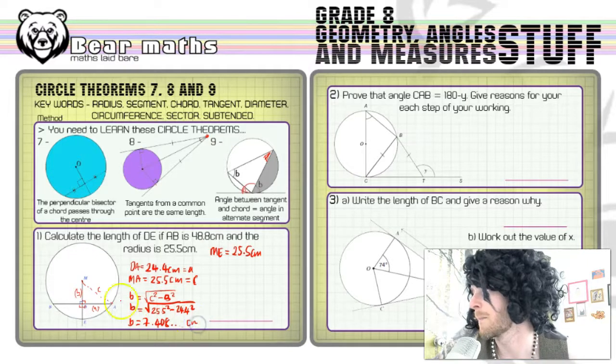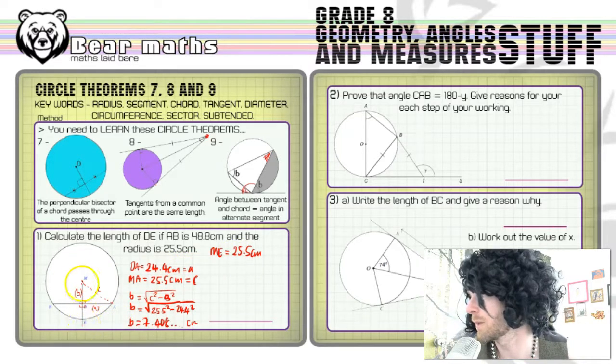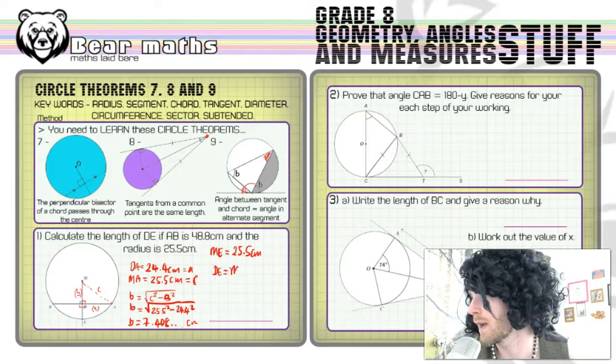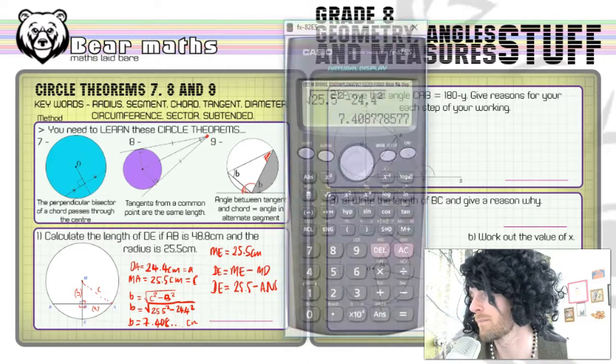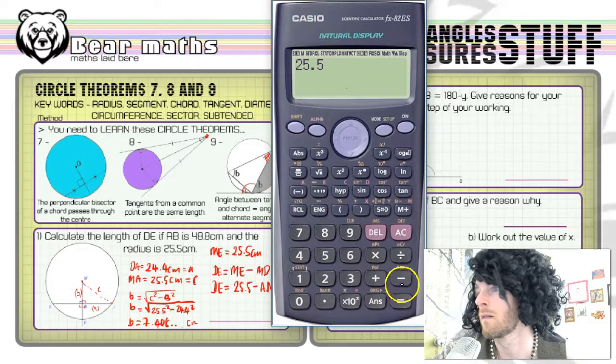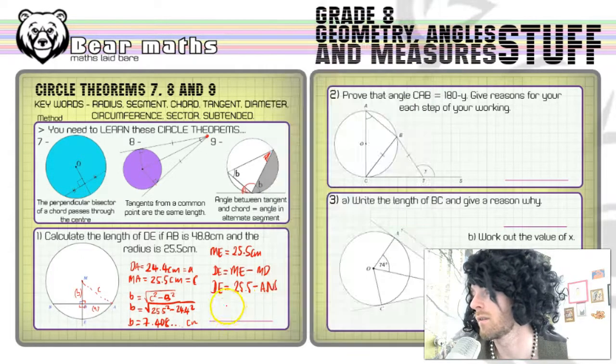Okay, centimeters. Now we know that this length here to here, M to E, like I said, is 25.5 centimeters. If we took off this 7.4 business, we'd be left with what D to E is. Okay, so for the final calculation, D to E is equal to ME minus M to D, which we've labelled as little b. Don't get confused. All right. So D to E is equal to 25.5 minus the answer that we've got on the calculator screen. 18.09. So